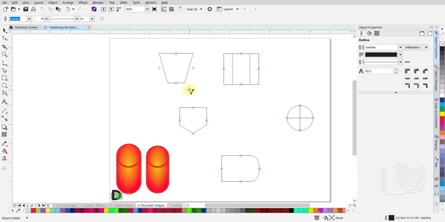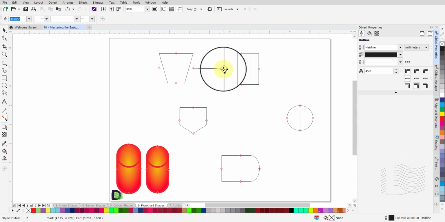You will notice that, as soon as you select it, red anchor points pop up on each shape on the canvas. You will use these anchor points to connect one shape to another using connectors. With the straight line connector option selected, I will left-click and hold on an anchor point on my first shape in this flowchart. Drag the mouse over to an anchor point on my next shape.